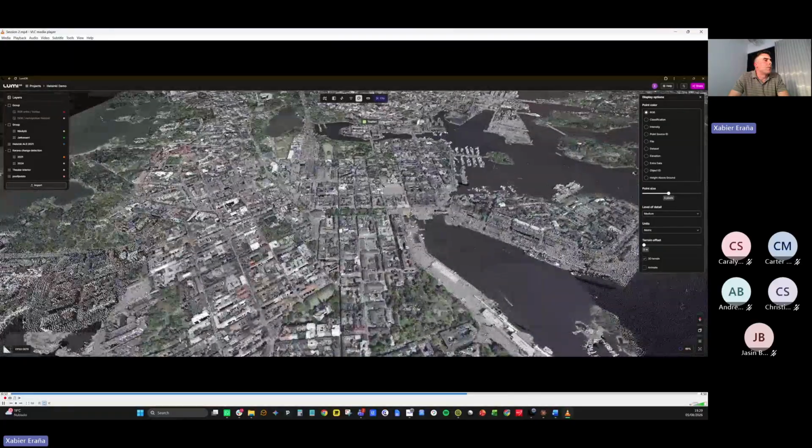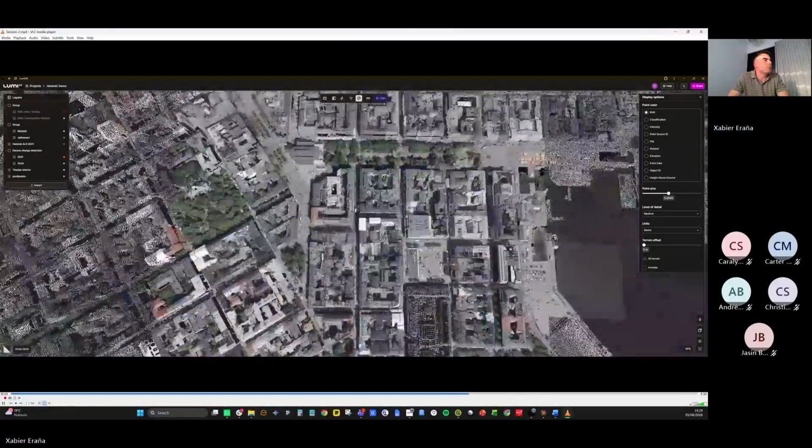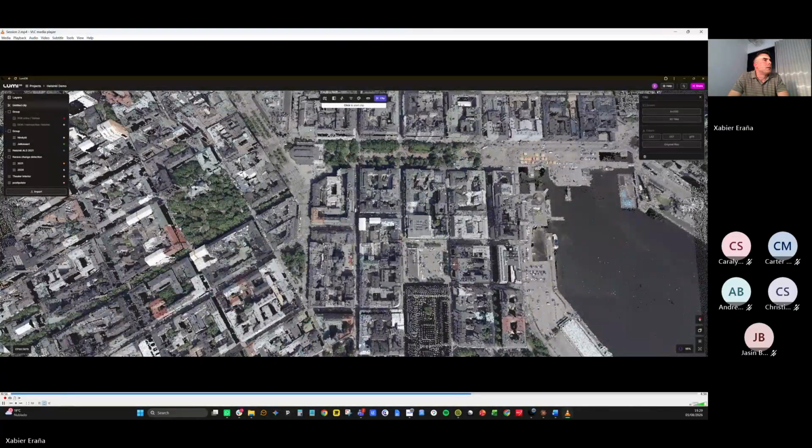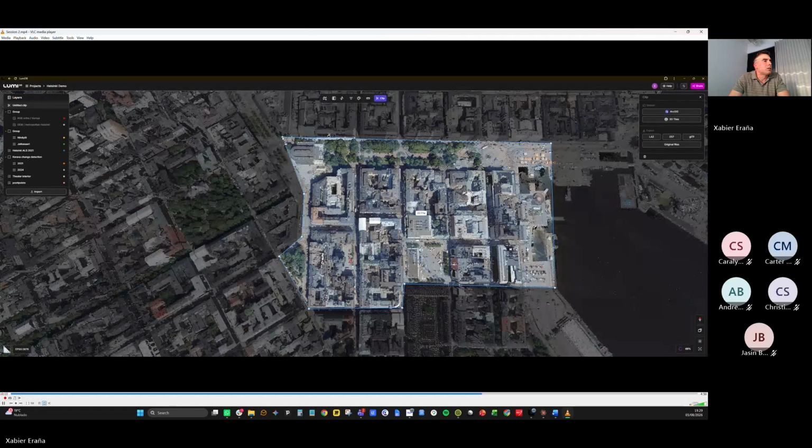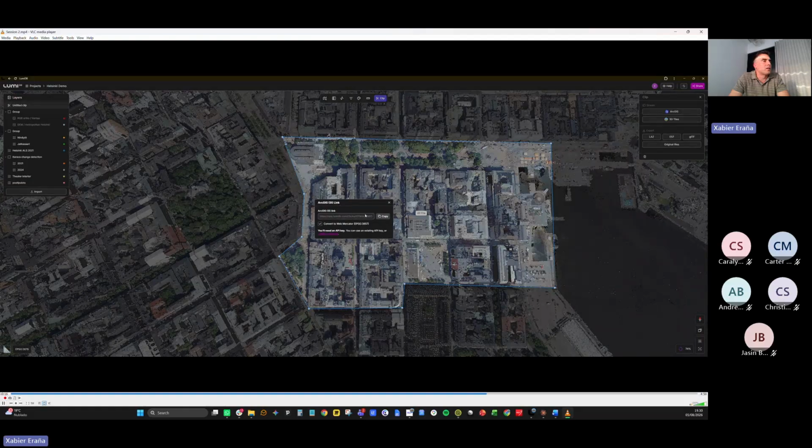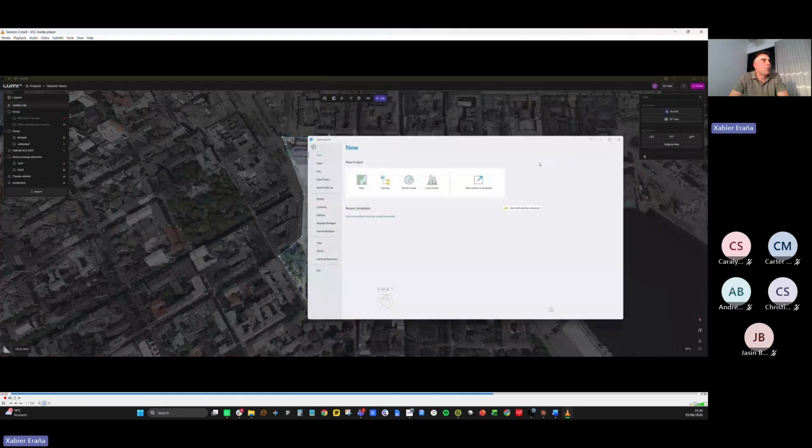I went back to downtown Helsinki, and what I'm gonna do is one of the last things, which is feed the city's GIS and digital twin. I select an area of interest, easily selectable, and how to connect with ArcGIS. I get an I3S link, I copy the link. And the next thing I'll do is I'll open my ArcGIS Pro. It could also be done similarly in ArcGIS Online.